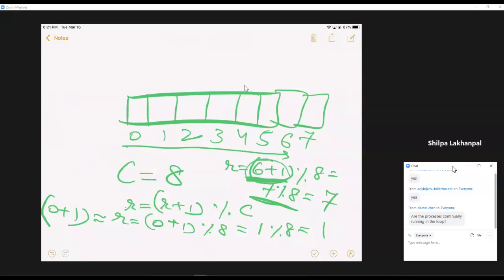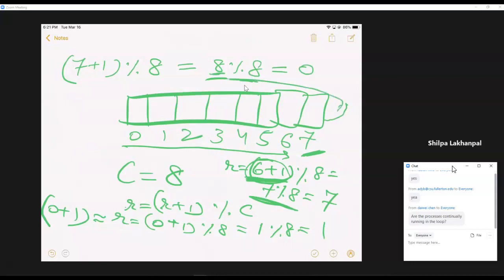The only change happens at that location over here at 7. When you have 7 plus 1 mod 8, which will be 8 mod 8, then the result is 0. So then it's not 8 like other cases, because mod 8 is actually going to bring you back to 0 over here.